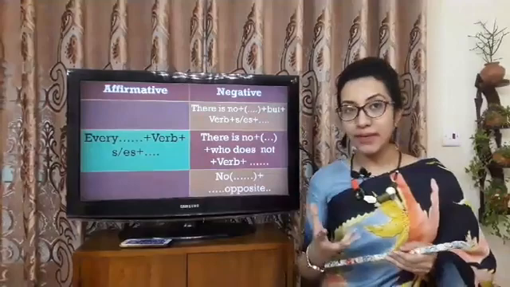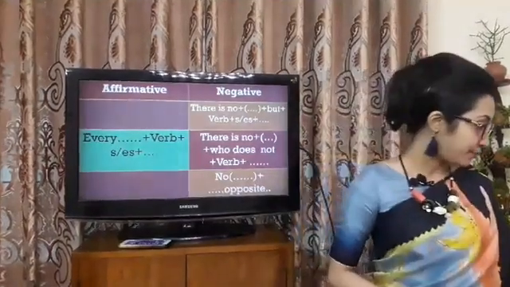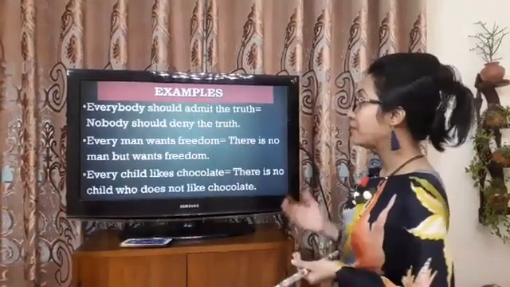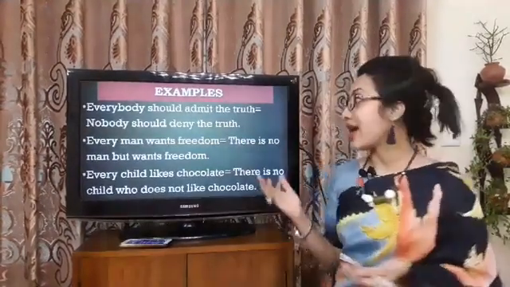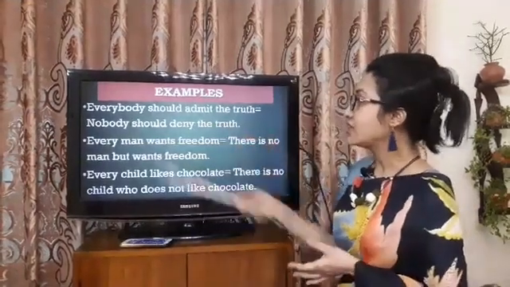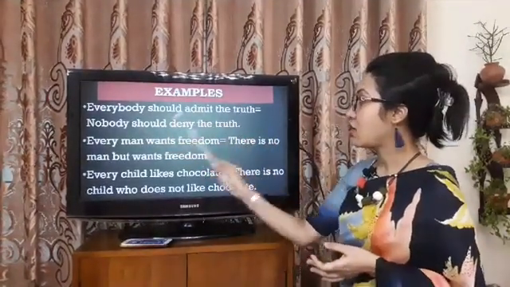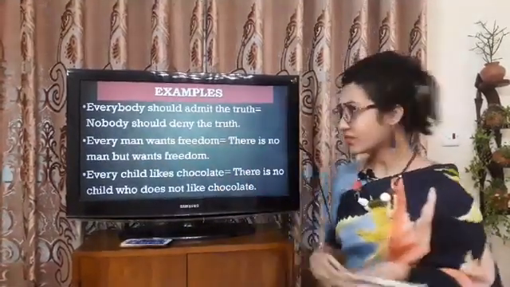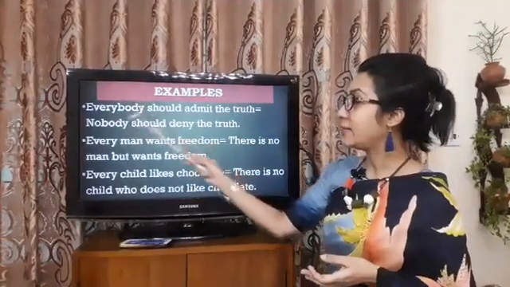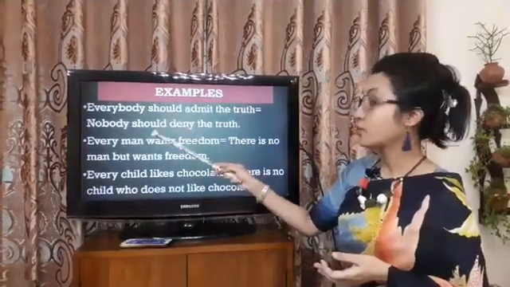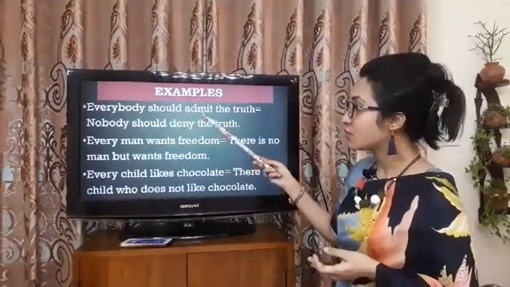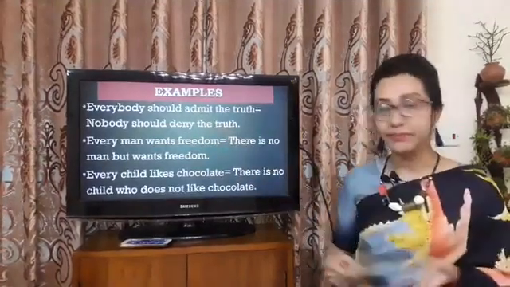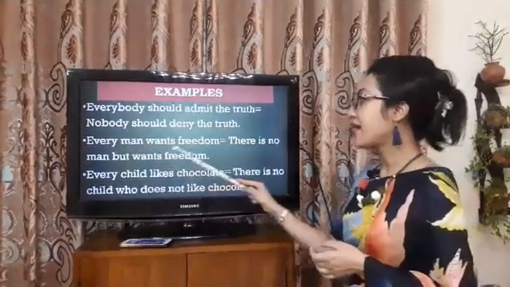সো আই হোপ যে তোমরা 3টা রুলস বুঝতে পেরেছো। আমরা আরও কিছু এক্সাম্পল দেখব সো দ্যাট ইটস মোর ক্লিয়ার টু ইউ। So these are the examples. The first one, everybody should admit the truth. So as you can see, I have changed it using the opposite of admit. So আমি আনসারটা লিখেছি, nobody should deny the truth. So we have started with no, এখানে body আছে দেখে body লিখে দিয়েছি, should অপরিবর্তিত রয়েছে। জাস্ট অপোজিট ইউজ করেছি, admit এর অপোজিটটা হচ্ছে deny. So আমি deny ইউজ করে দিয়েছি, the truth সেম।